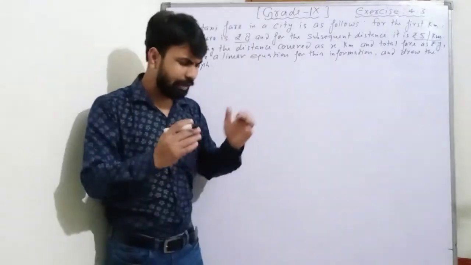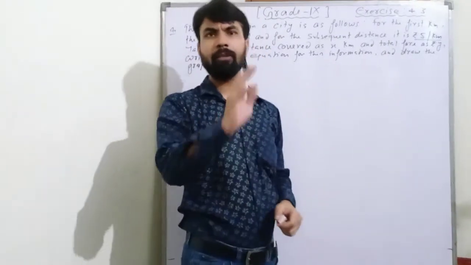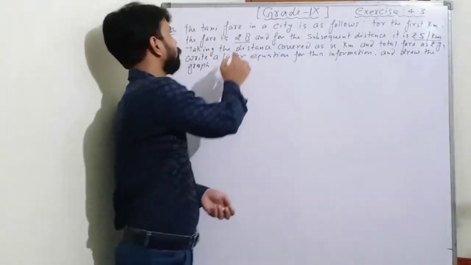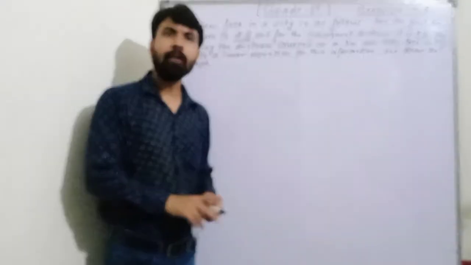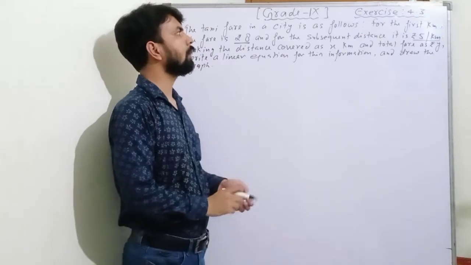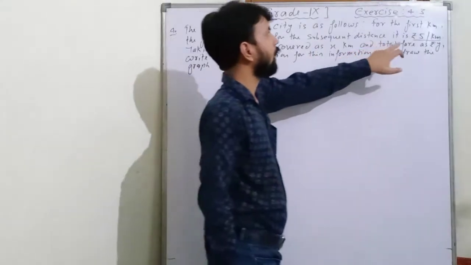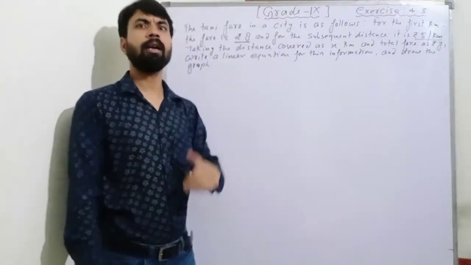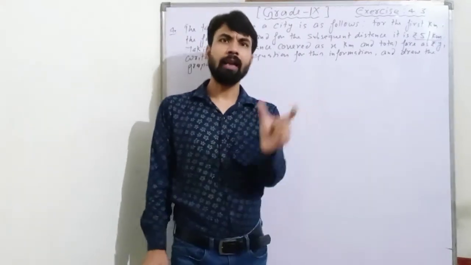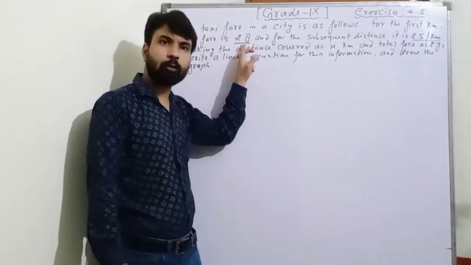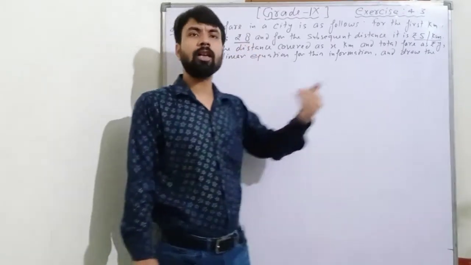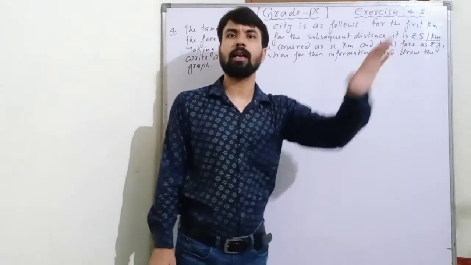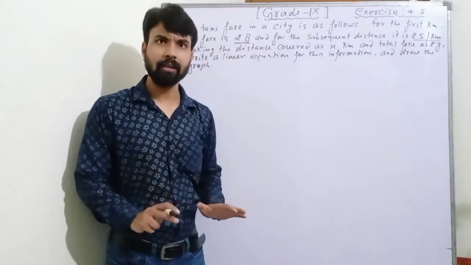That means, if I want to travel 5 kilometer, so for the very first kilometer, I will have to pay rupees 8. And for the remaining 4 kilometer, I will have to pay the fare as rupees 5 per kilometer. Understood? मतलब अगर 5 किलोमीटर जाना है तो पहले किलोमीटर का हमें कितना देना है? 8 रुपीज किराया देना है, और जो बाकी 4 किलोमीटर बचे उनका पेमेंट हमने 5 रुपीज पर किलोमीटर के हिसाब से करना है. Is it clear?